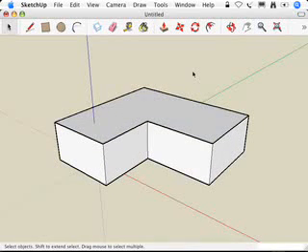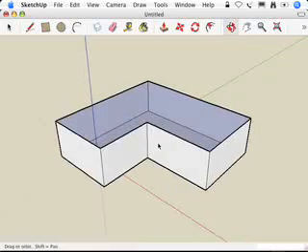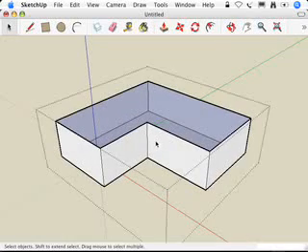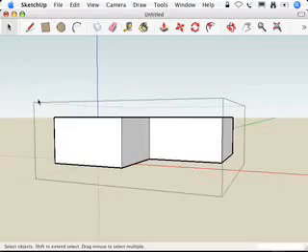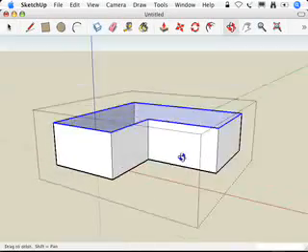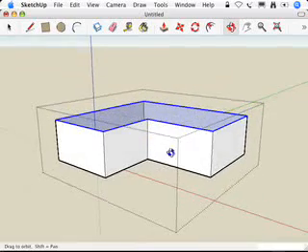Now, there's another way that I could have done that. I'm going to undo these things a little bit. Watch what happens if I do this. I'm going to double click on the inside so that I'm inside the group right now, and I'm just going to select the top edges. There we go. All I did there was select the top edges of my building,